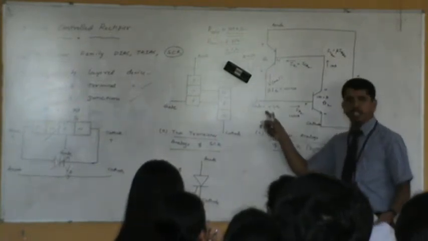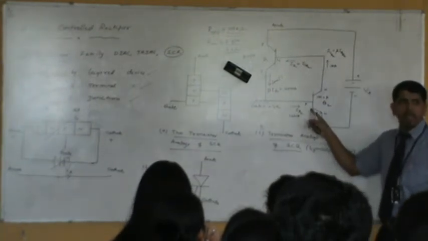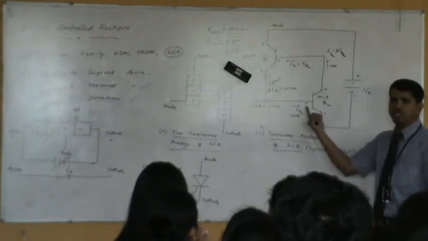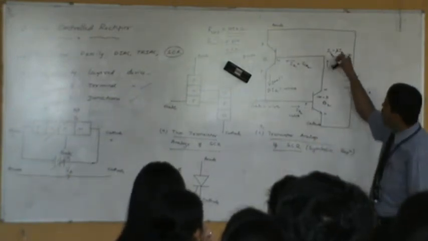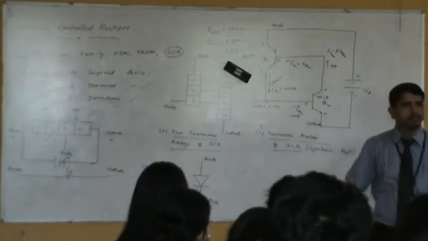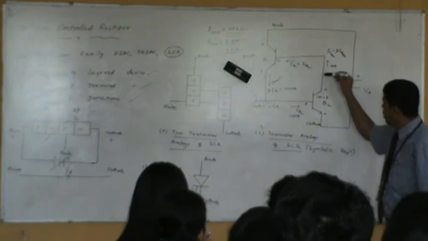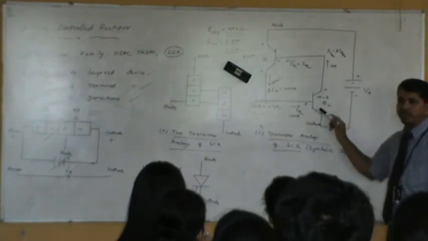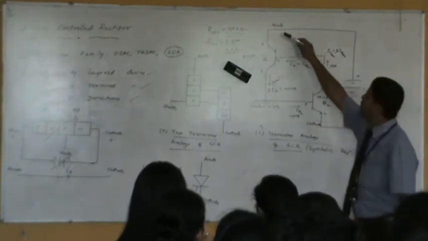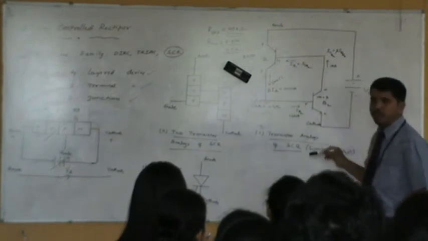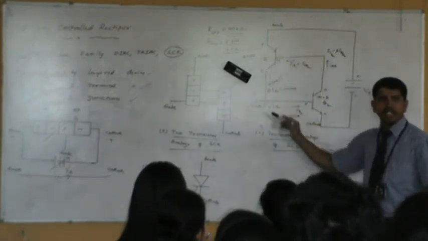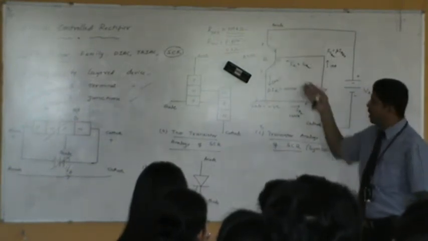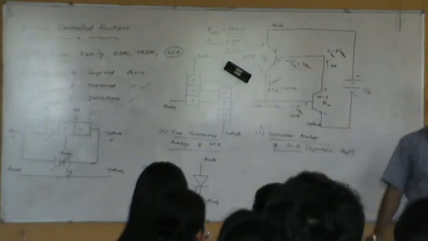Look here: the negative voltage is connected to the P-type here. Obviously, you are making this particular junction reverse biased. What will happen? Current flow from this point to this point is cut off. Current will not flow from the collector to the emitter here. In such a case, this device will be turned off. When the loop is broken, do you think the device will offer a low resistance between anode and cathode? As long as the loop is continuous, the resistance offered from anode to cathode will be low. When the loop breaks, this device will offer a high resistance.